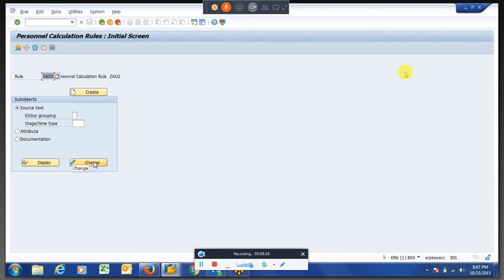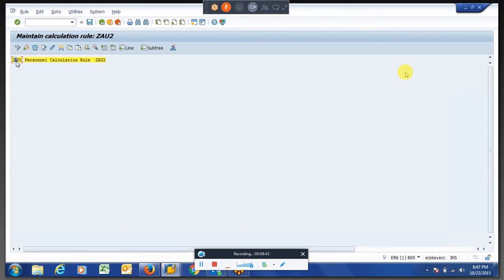If you go for overtime or some other things, that will be the number. So here we have to convert the number to rate for the particular wage type. We are not doing it for all the wage types.